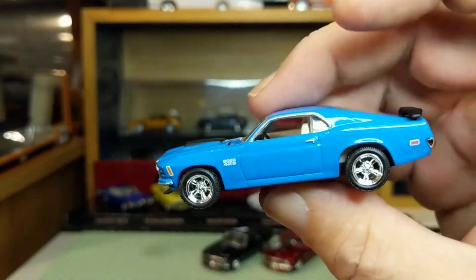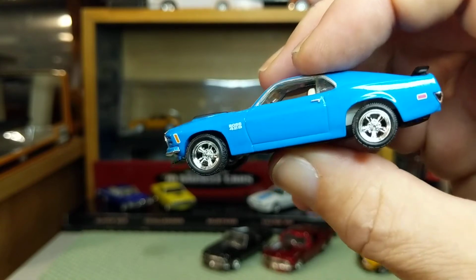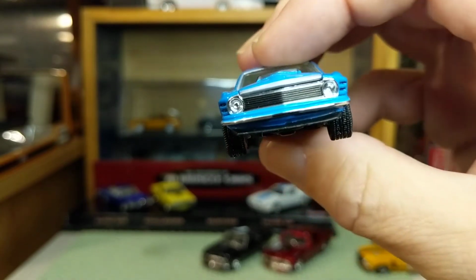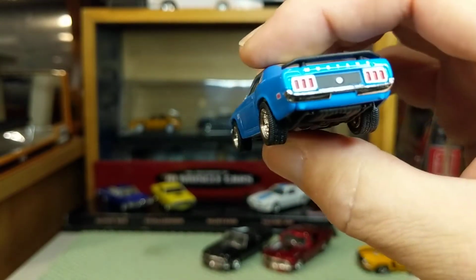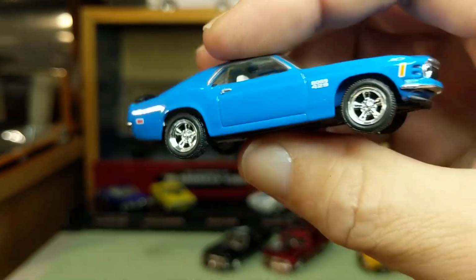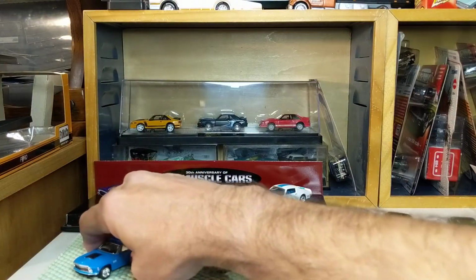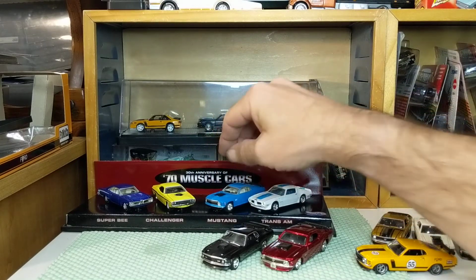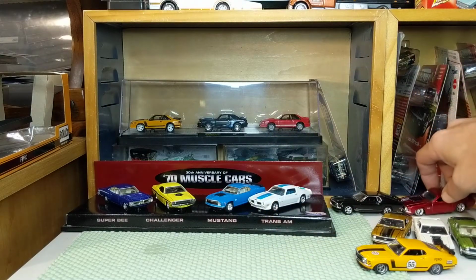But again, this Hot Wheels, this blue is actually a Ford company color, production color. It's Grabber Blue. Available on the Mustang and the Maverick GT, and even on the Pinto. So this looks to me closest to factory accurate, except for the wheels, out of all of them. And so I'm very happy with that. Again, I always pick on poor Hot Wheels, but when they put their mind to it, they can be the best. And since this is a hauler,